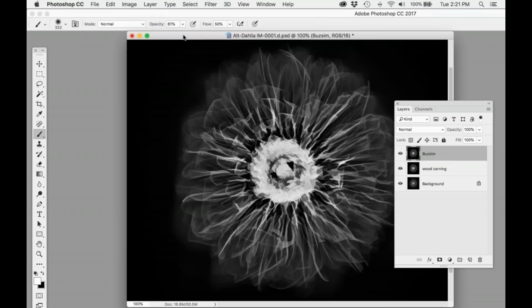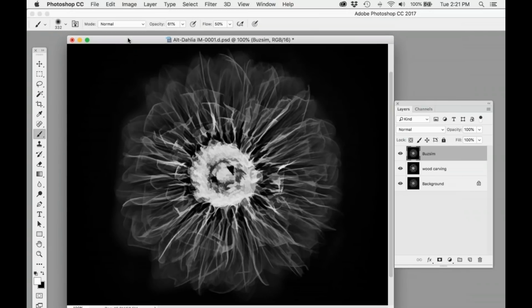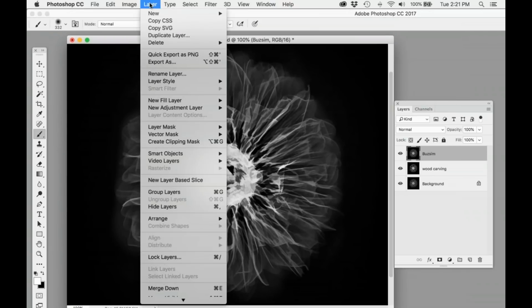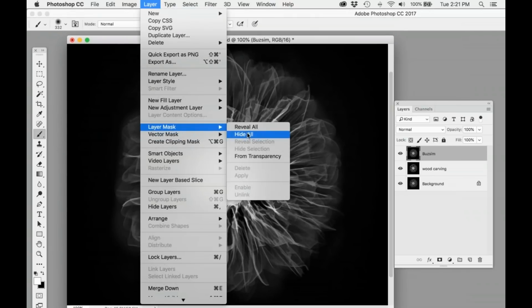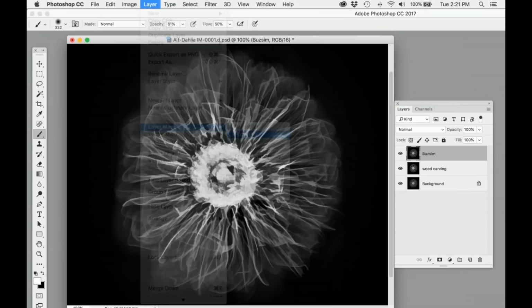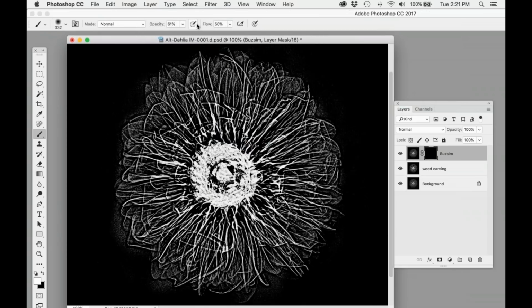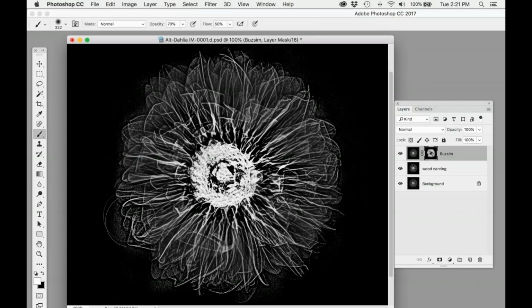What you probably don't want to do is use this completely throughout. So I'm going to put a layer mask, layer mask hide all on here. And I'm going to put my brush at about 70%. And I am going to paint some of it in. So the combination of hard and soft, it's like a martial art that's both hard and soft. What we have here is Photoshop painting that's both hard and soft. The combination is really cool,